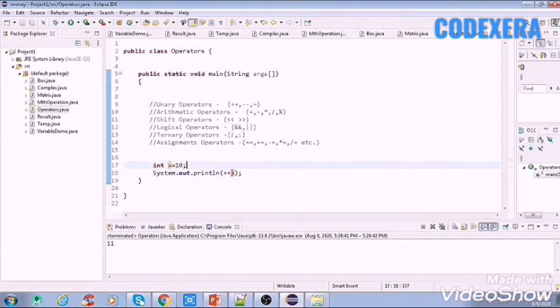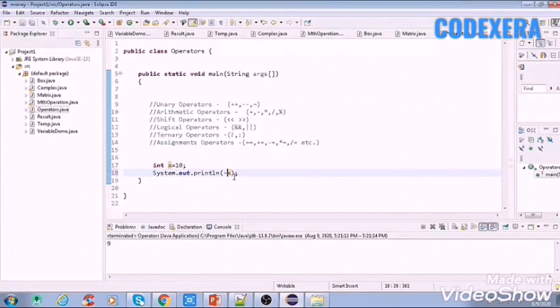So this is the use of plus plus. Now we'll see minus minus, and here we are still seeing that it is printing the same. Now we'll put the minus sign before the variable. Now we are seeing that it is decrementing it by 1.